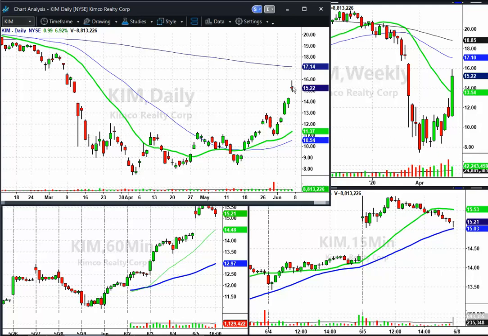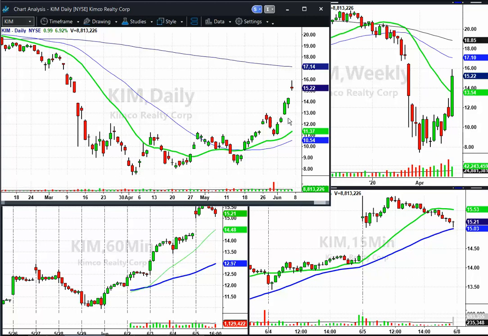Now, where would it be? Where would your target be? Say, for example, you got short on this. And again, I'm not. I want to see what happens on Monday, but I'm watching it. This is on my list of ideas to get short on. But let's say, for example, conditions look good and I got short at $15 a share and I put my stop at $16 a share. It's a $1 risk. Where's your target going to be?